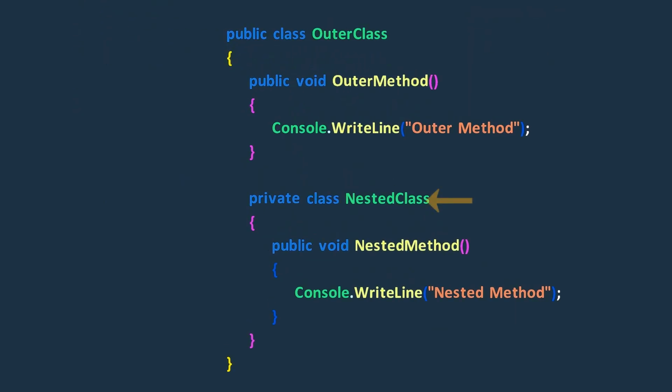You should know that in C#, a class type can be used as a member within another class, known as a nested class. In this case, along with public and internal, classes like other class members can have any of the 6 available access modifiers. We'll cover nested classes in detail in the upcoming lectures.